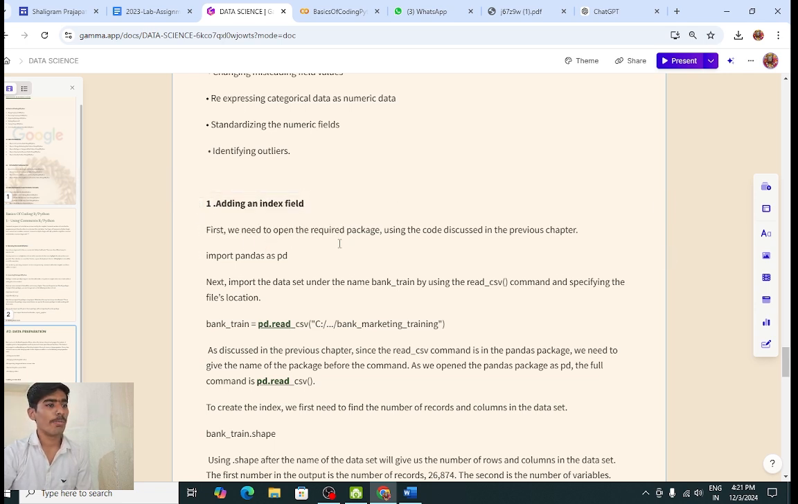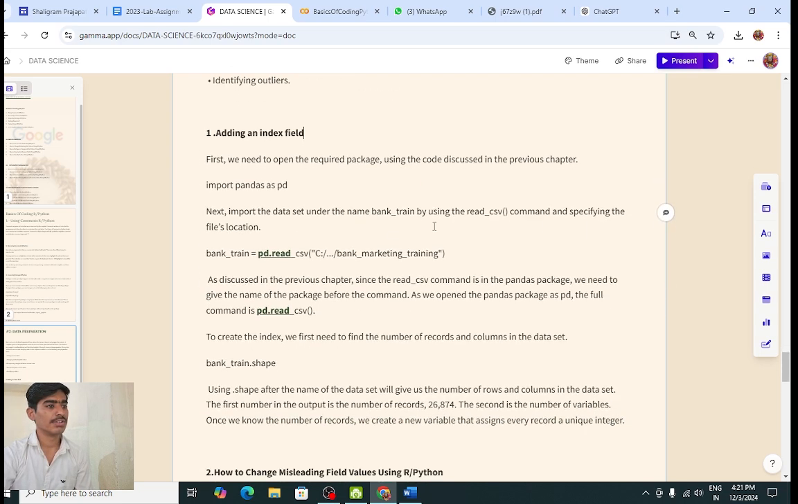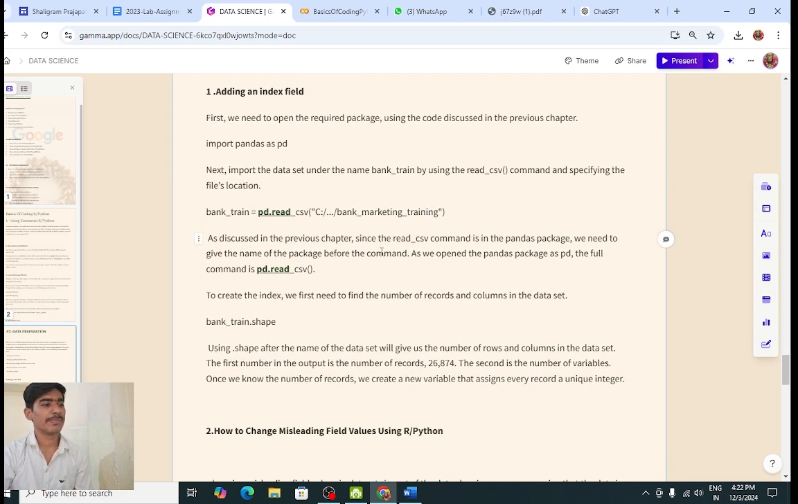We need to open the required package using the code discussed in the previous chapter. First of all, import pandas as pd. Next, import the dataset under a name by using the read CSV command and specifying the file location. As discussed in the previous chapter, since the read_csv command is in the pandas package, we need to give the name of the package before the command. As we open the pandas package as pd, the full command is